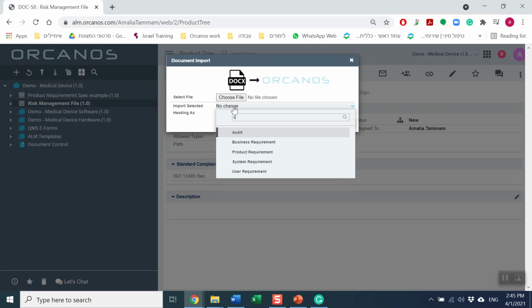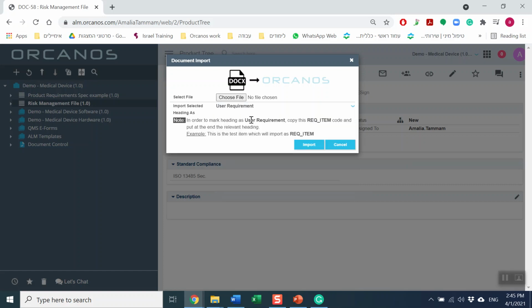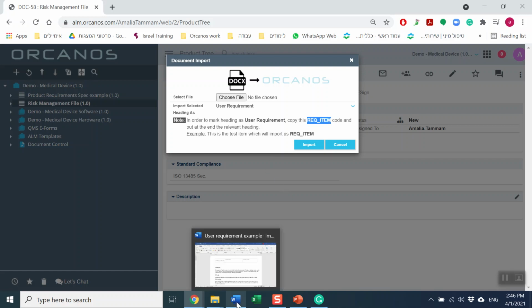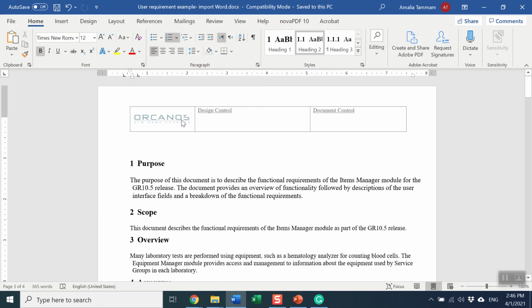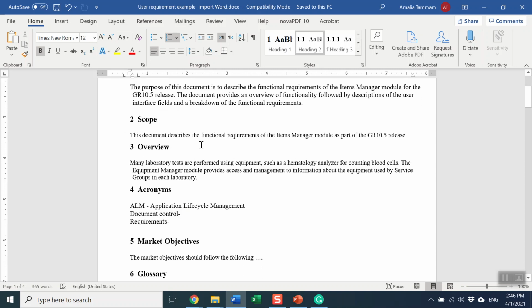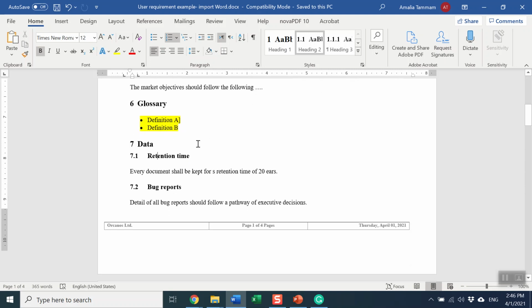In this case, I will choose user requirement, and the system will indicate which code I need to embed into my Word document for it to properly import the information into the correct work item user requirement. By marking this, it will automatically copy to my computer.